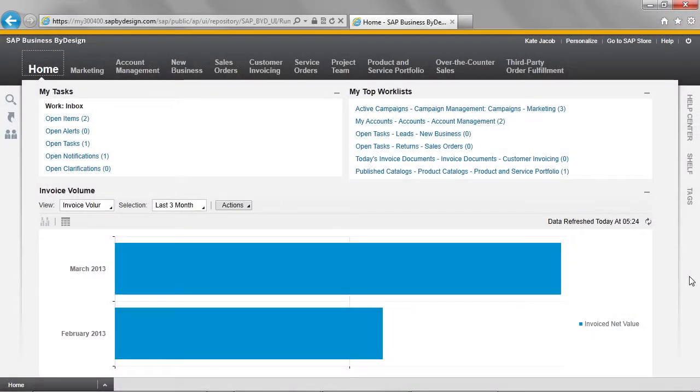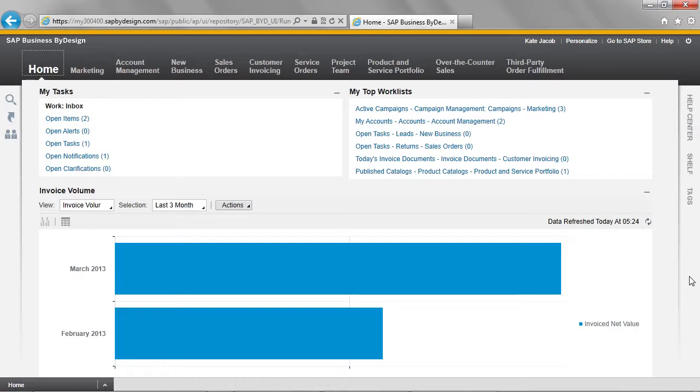Our energy check project is running, and I need to create an invoice request for it. Based on the way the project is set up, I could choose to invoice the customer for the project work on a timely basis, for example, each month. I could choose to invoice the customer at the start or at the end of the project. In our case, the energy check project is a fixed price project, so I'm going to create the invoice